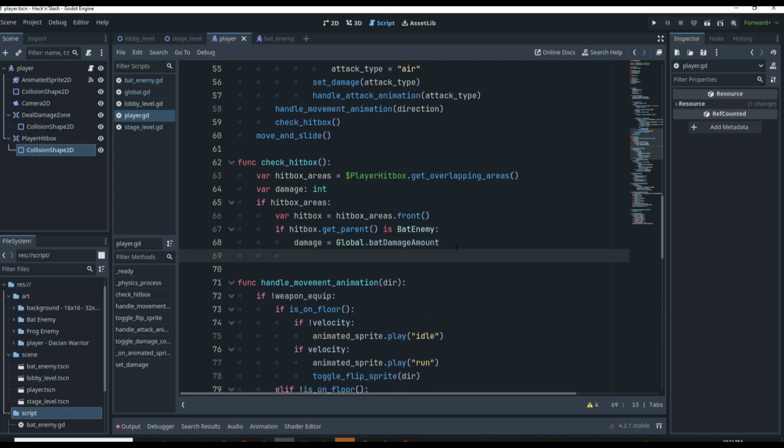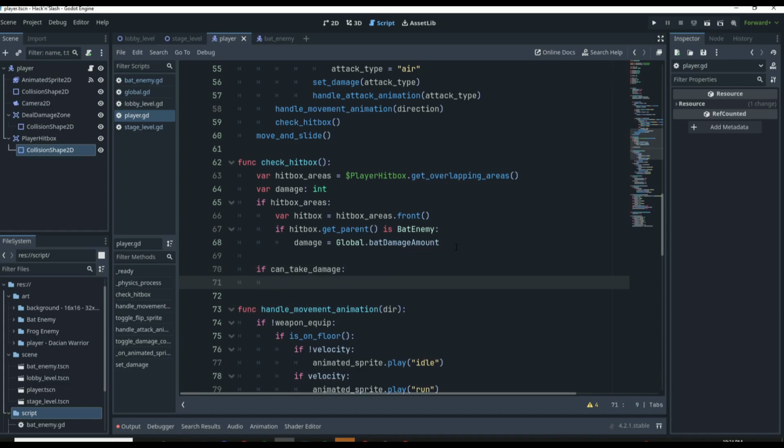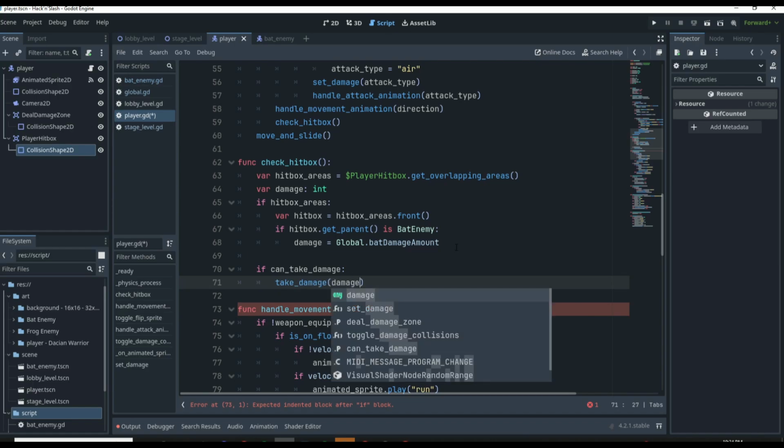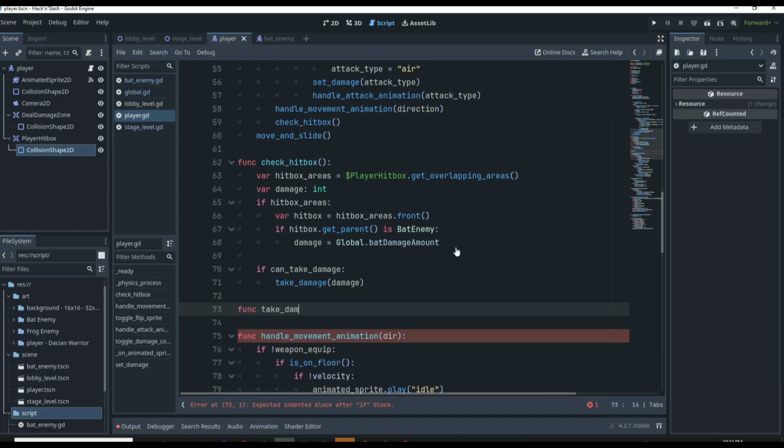And then down here we can skip a line outside of our if statements, and we can say, okay, if we are allowed to take damage, right? Because we're going to have a cooldown. But if we are allowed to take damage, then we want to take damage, and we want to take the damage amount by that variable that we just created. Okay, now in our take damage function,